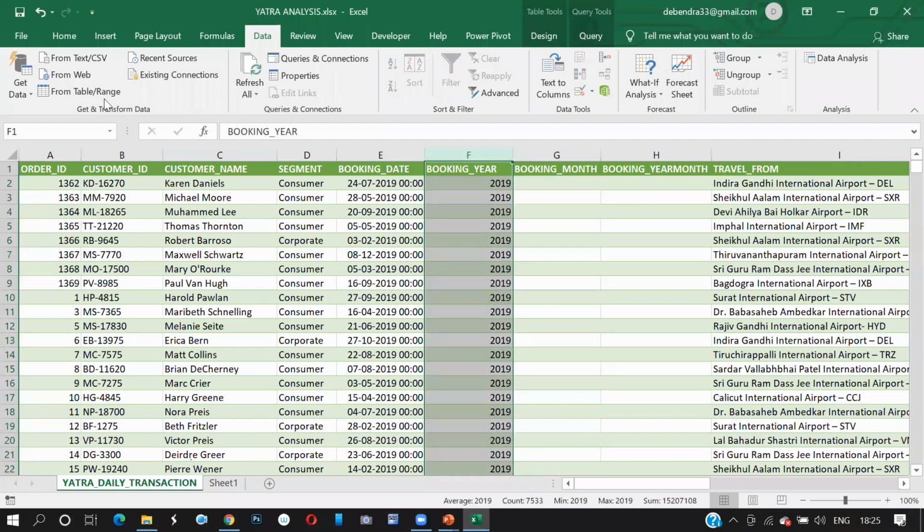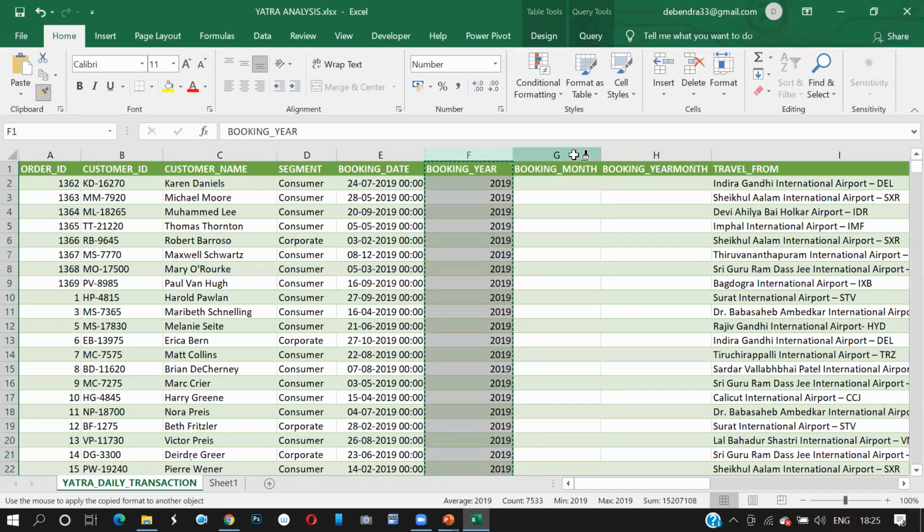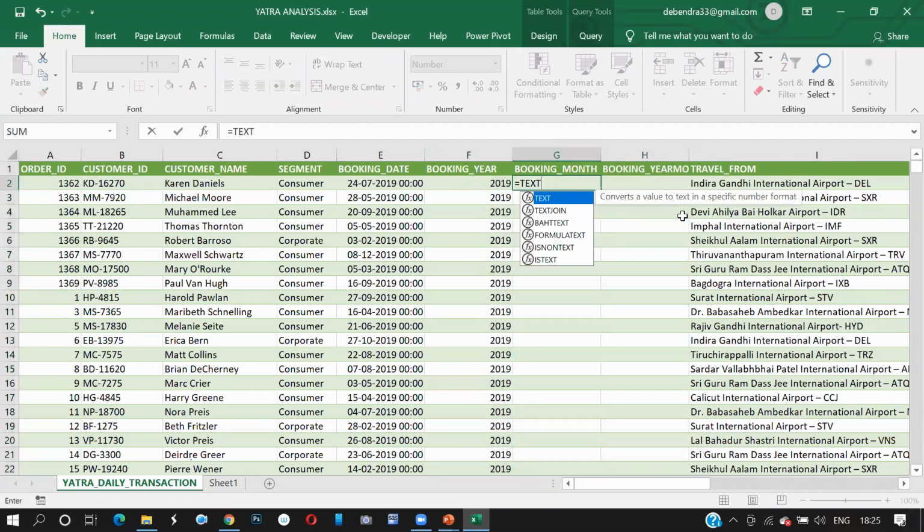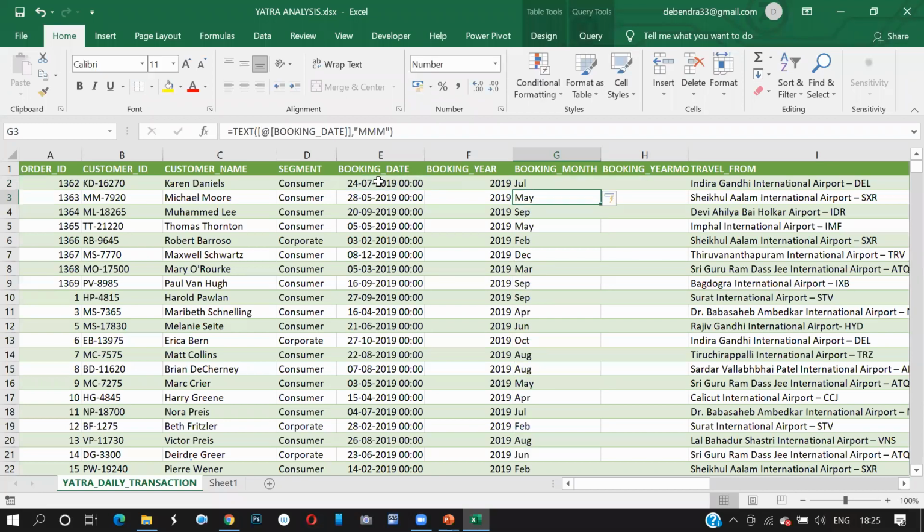Same way, I go for booking month. I use a function called TEXT of this into MMM. It is going to convert that into the booking month.